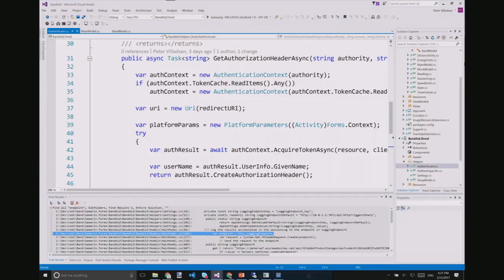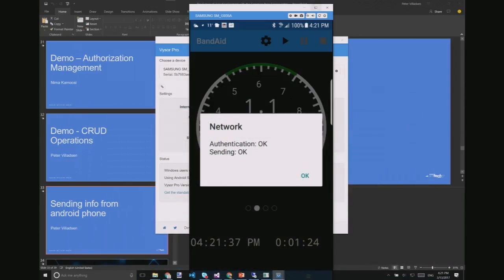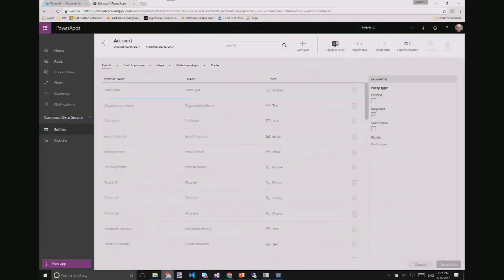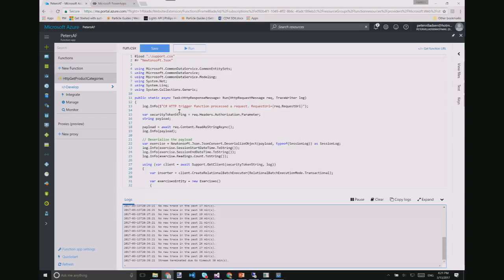Now let's look at the other side. So what I did was I wrote an Azure function. Now, do you all know the concept of Azure functions?